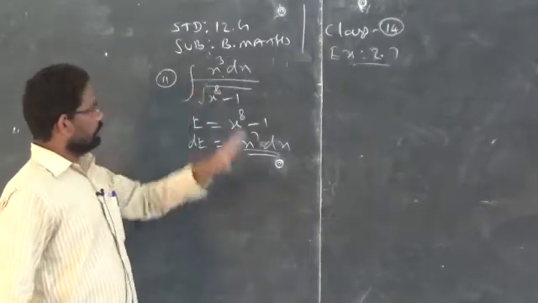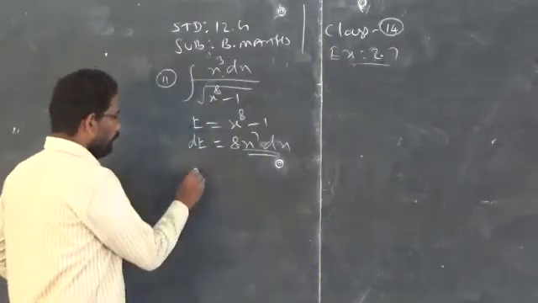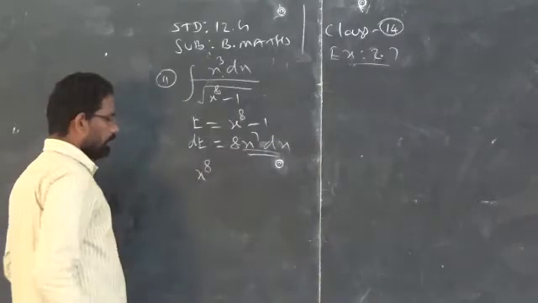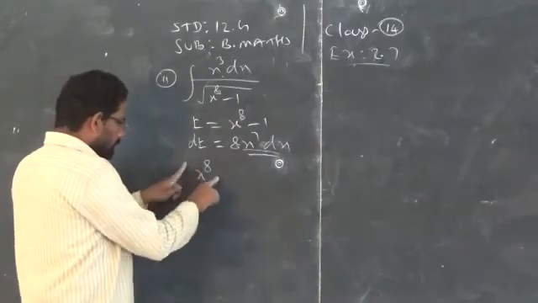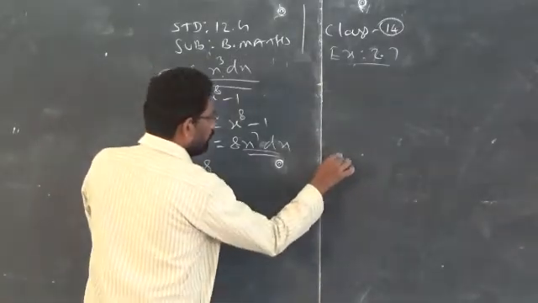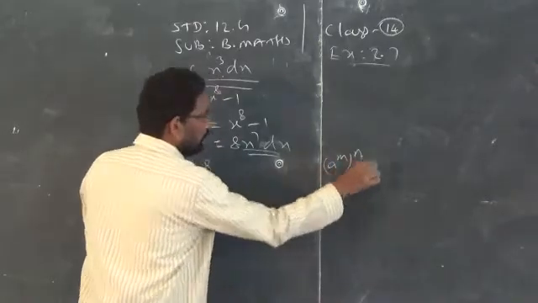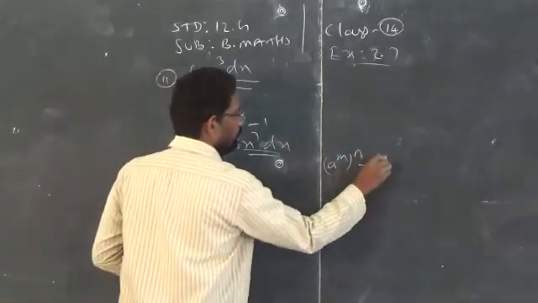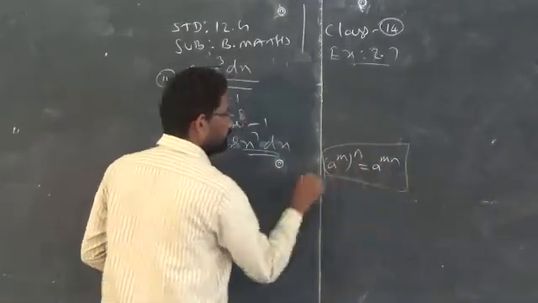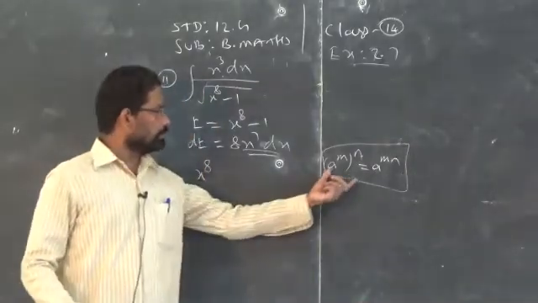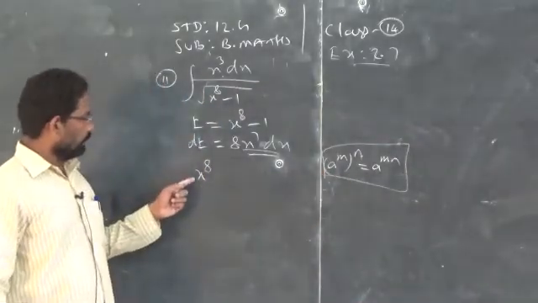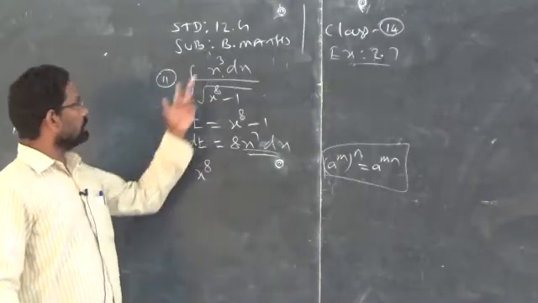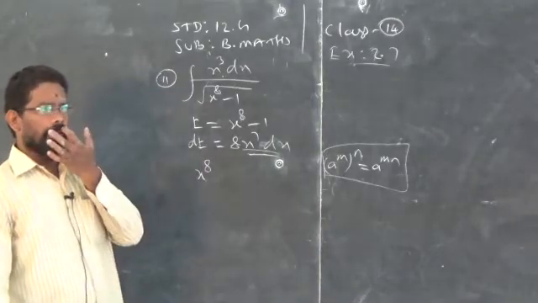I need x power 3. So, I am given x power 8. I make a slight adjustment by using the concept a power m whole to the power n, algebraic expression, that is a power mn, this property. I am using this property for x power 8 because I need x power 3. So how will you get x power 3?